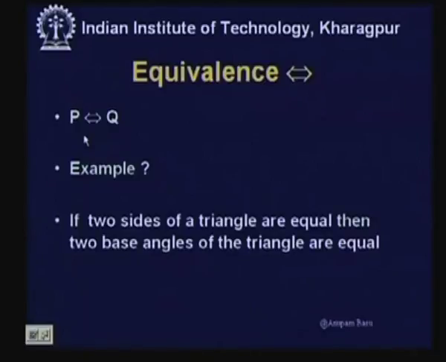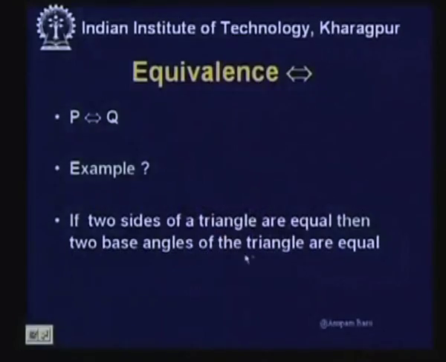Now, here let us try with an example. If two sides of a triangle are equal, then two base angles of the triangle are equal. Now we know from our knowledge of geometry, if two sides of a triangle are equal, then that is an isosceles triangle, and the base angles of an isosceles triangle are equal. So if I had stated it in a different way, that if two base angles of the triangle are equal, then the two sides of the triangle are equal, that will be true also. So in that case, if I say two sides of a triangle are equal, that is P, and two base angles of a triangle are equal, that is Q, then I could have said P implies Q, all right, and